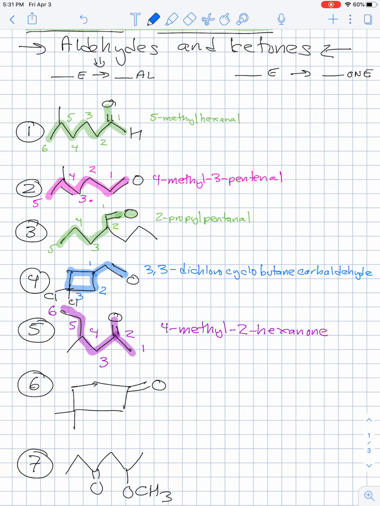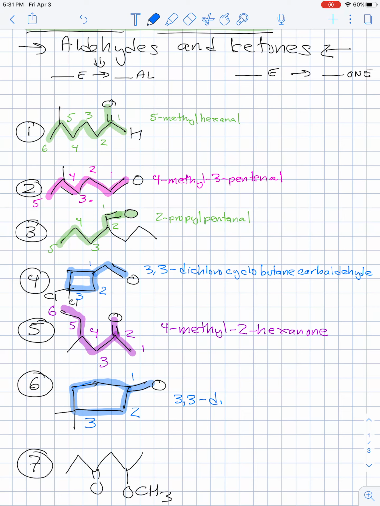Cyclic ketones, unlike cyclic aldehydes, are no problem. And the reason they're no problem is because the carbonyl carbon is part of the ring. So it's just going to be the same thing we would do in this situation for a cyclic alcohol. So we're going to number around the ring 1, 2, 3. And so that's going to give us